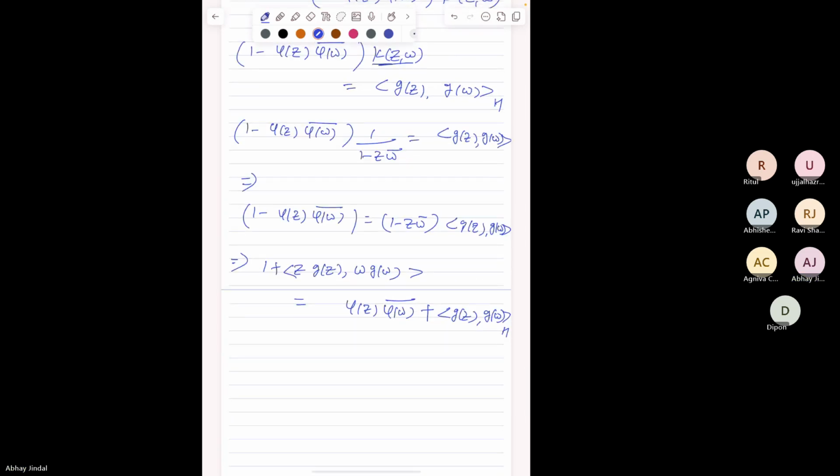Now this representation, this identity, gives us an opportunity to define an isometry, because what we have is that two positive quantities are the same. So we define